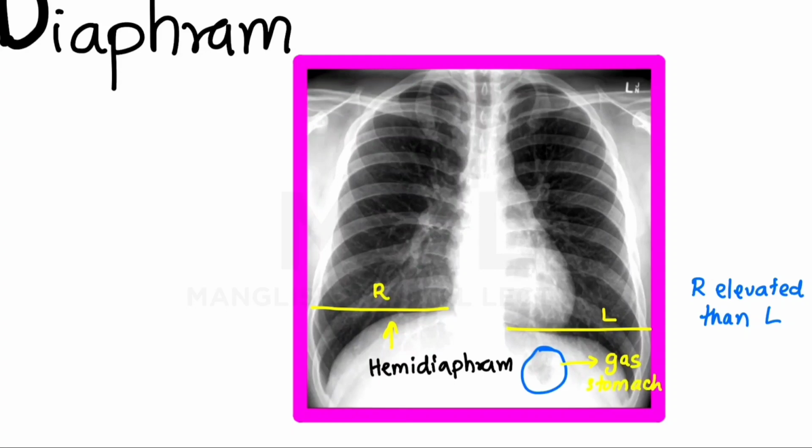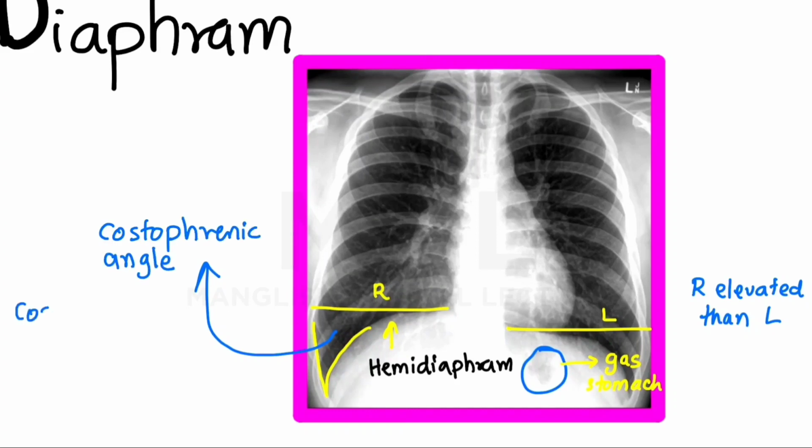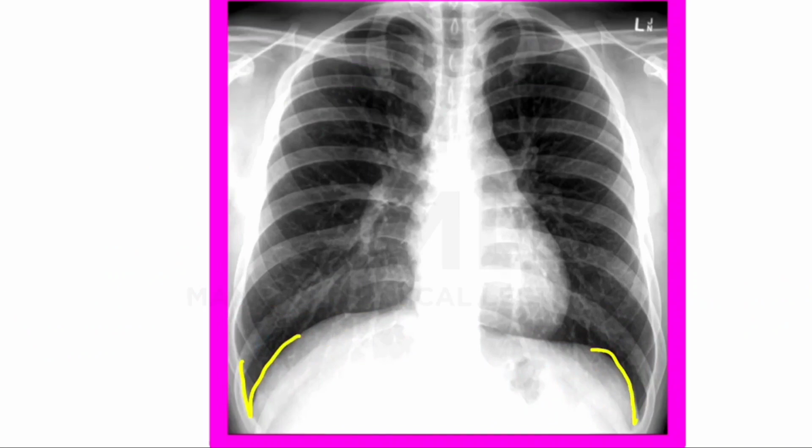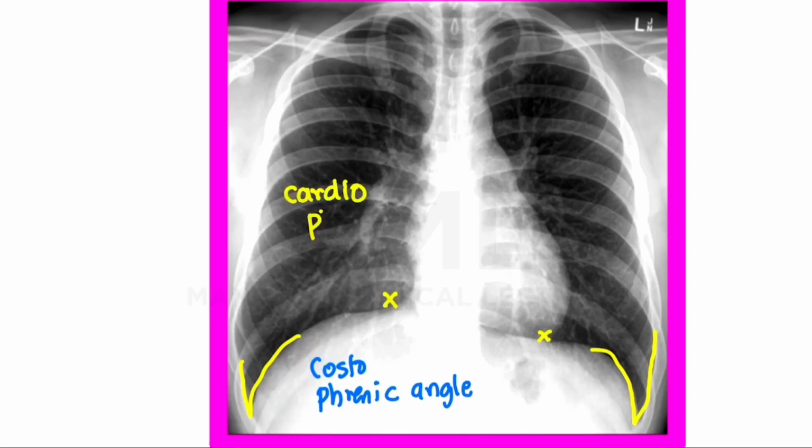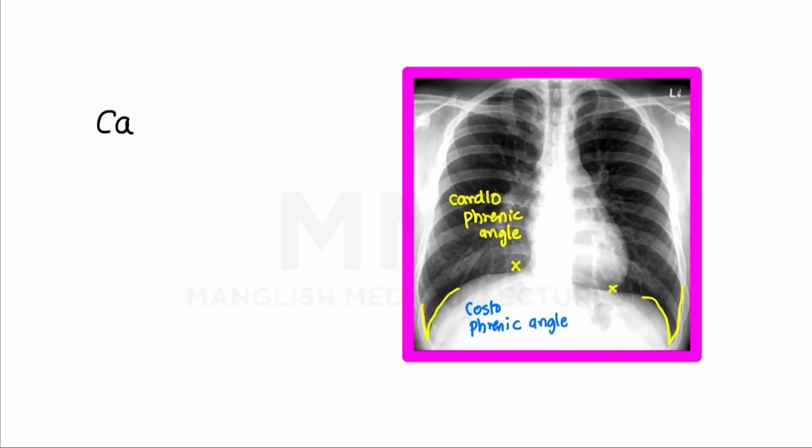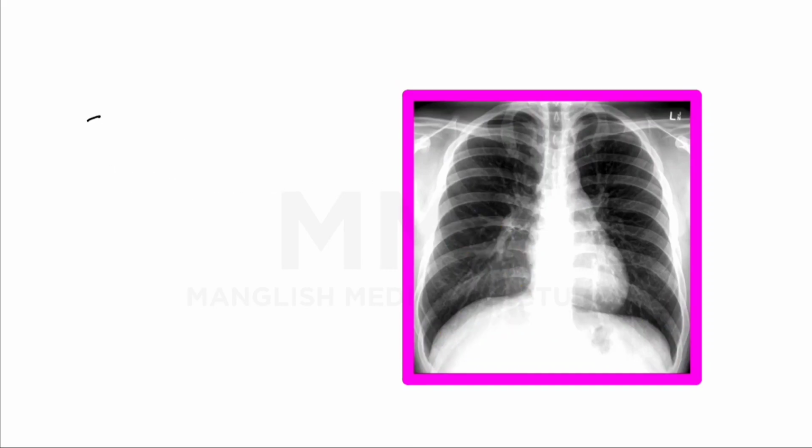Okay, you should also look for that. And another thing to focus on in the case of the diaphragm is the costophrenic angle, also termed the costophrenic recess. Now the costophrenic angle should be very sharp. Okay, I'll explain it in another diagram so you get a better view. These are the costophrenic angles, and they should be very sharp, and these are the cardiophrenic angles. Both of them are very important in the clinical aspects. So we have the cardiophrenic angle and the costophrenic angle.